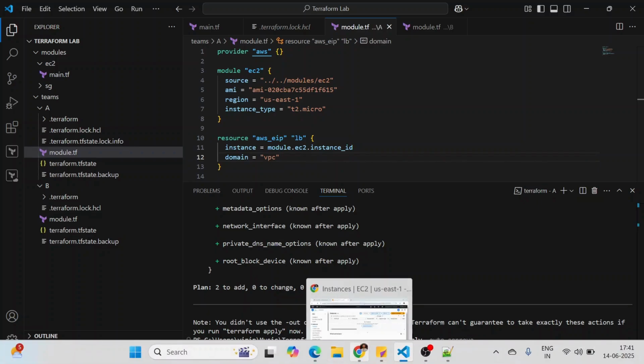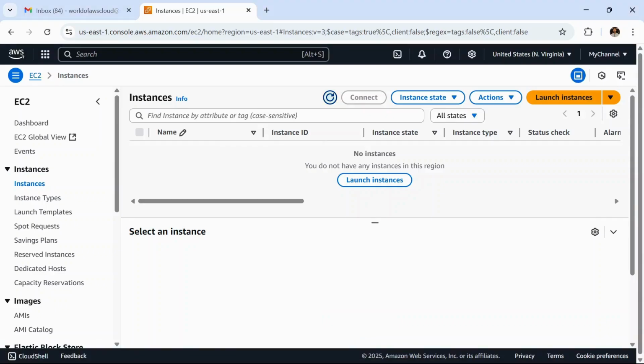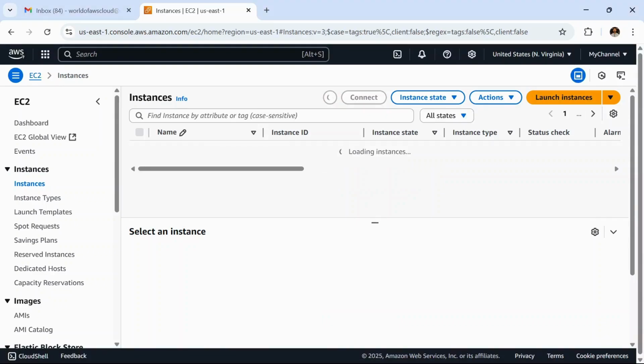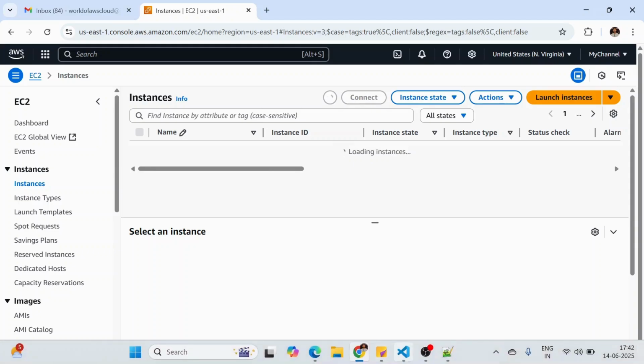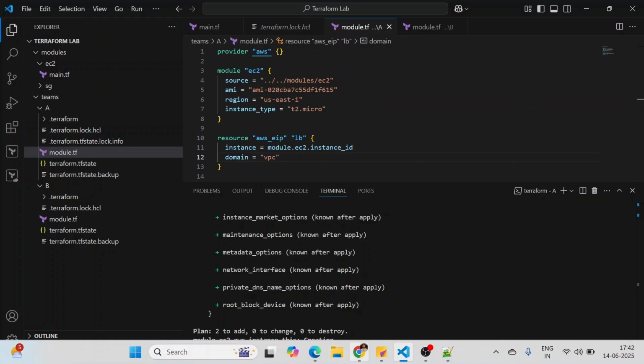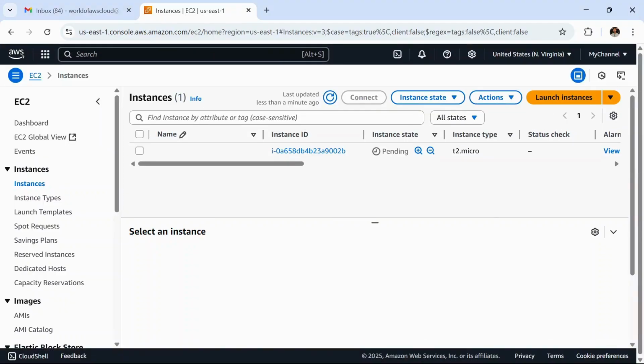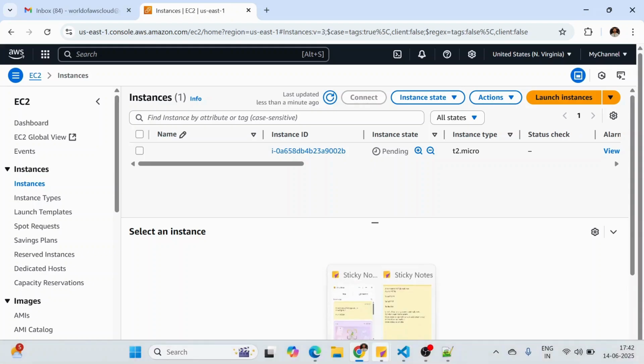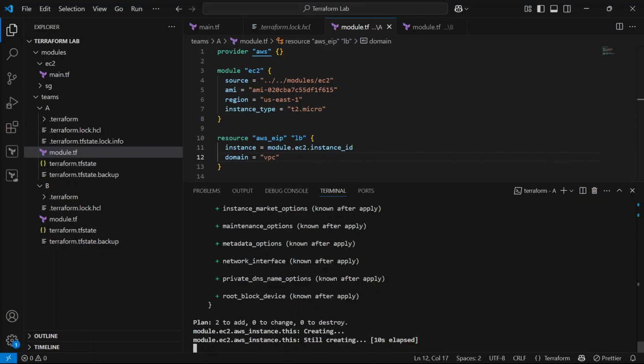Let's go to AWS, and we will be able to see the instance now because we have already applied. The instance is here and the state is pending because it's getting created and things are getting configured.